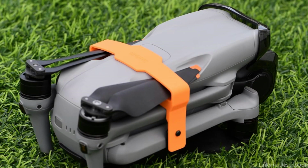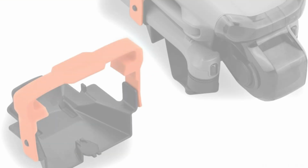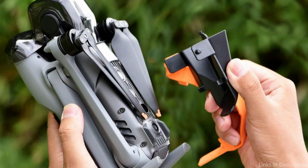The BRDRC propeller holder's small size and lightweight ensure that it won't add extra bulk to your drone setup. This is essential to preserving your DJI Air 3S's best flying performance. Its mobility and convenience are further enhanced by its small size, which makes it simple to fit into any drone backpack or carrying case. So these are some of the best